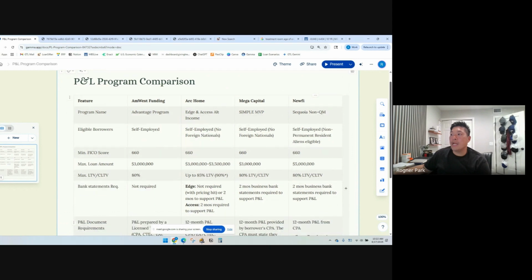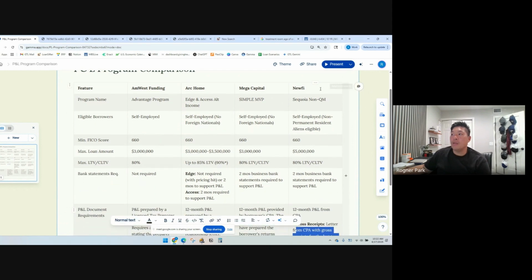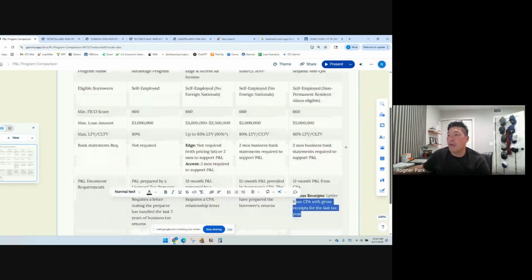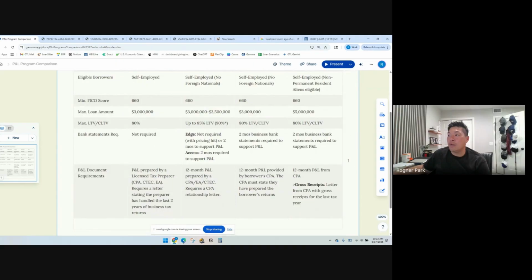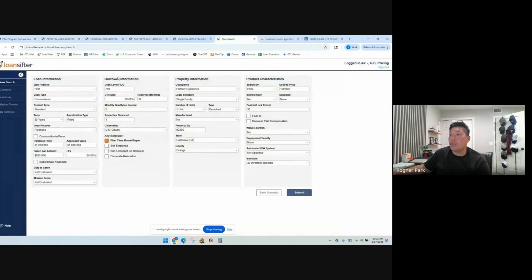You guys kind of get an idea though that there's 4 lenders that offer this program. There's some similarities here up top, but when you get into the nitty-gritty of things, the things that really matter, as I would point out, there are some differences. Okay, so we're going to quickly go into